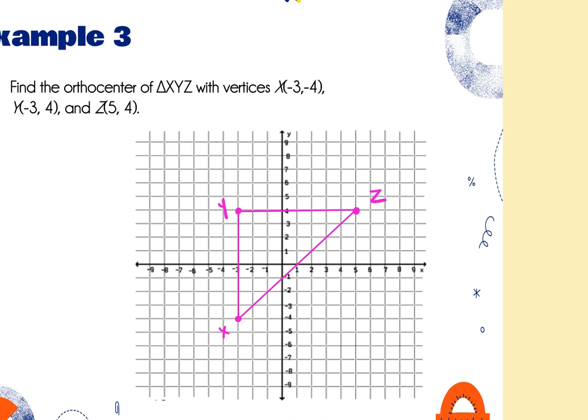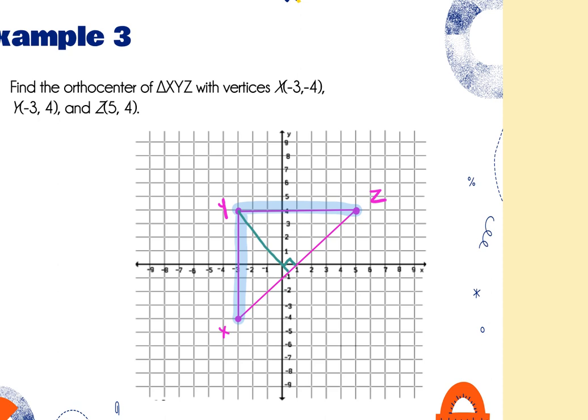So the perpendicular sides all double as altitudes for the legs. So the altitude is going to be here from X to Z, from here to Y to Z. The only other one we have to find is the one that goes from Y to the opposite side at